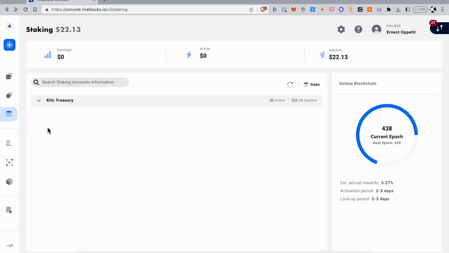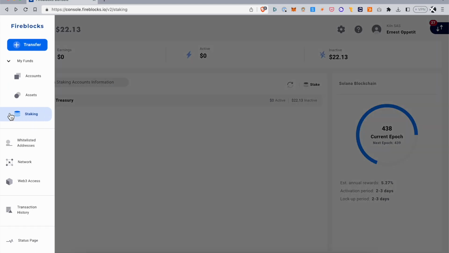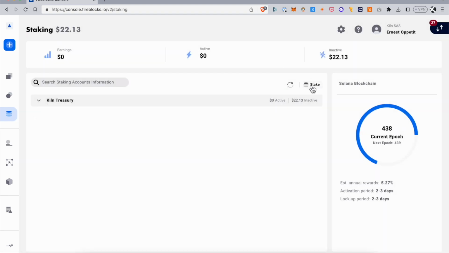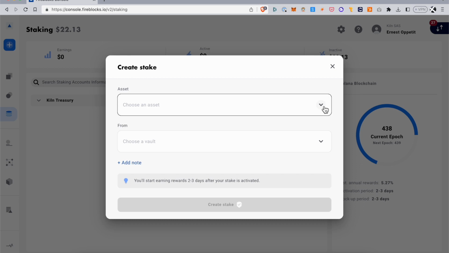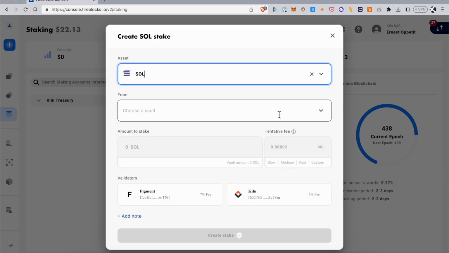In this video, I'm going to show you how to stake Solana natively from the Fireblocks dashboard. So I'm here in my Fireblocks console, and there's a new tab here called staking. From here, I can click on stake, choose the asset I want to stake, which is currently available for Solana,